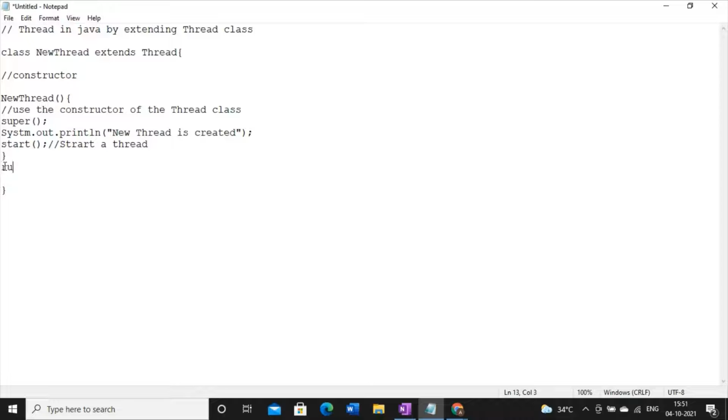Since run is a predefined method, you have to write public void run, because this run method will be used by the programmer and the return type of the run method is already defined as void. So the syntax of the run method is public void run. For invoking a thread, you have to invoke the start method, and to assign a task to a thread, you have to define a run method. Inside the run method, whatever activity you want to perform, you can write it over here.